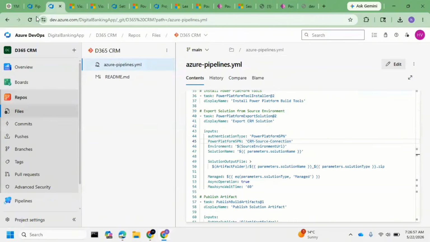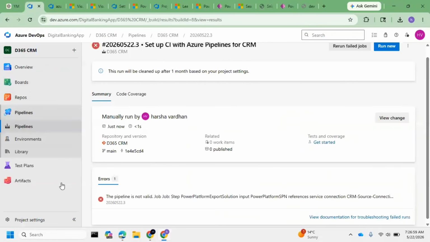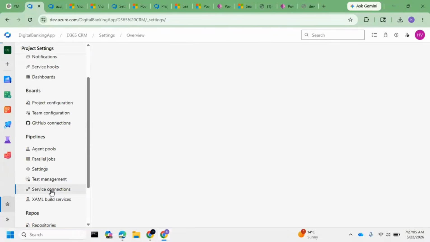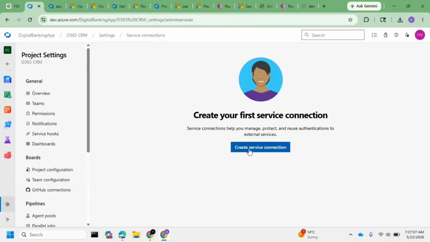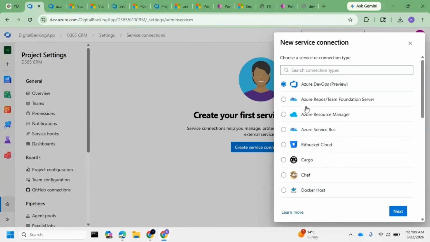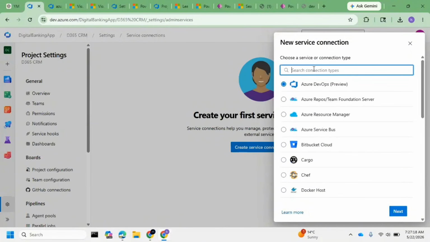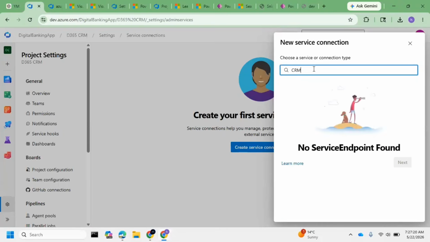So where do you create connections? For every project, if you go to project settings, we can create the service connections. In the service connection, you will create the respective thing. Suppose you want to connect Azure Resource Manager, or Azure Service Manager, you will select the respective one. In our scenario, we are trying to deploy the CRM, right? So we will be looking for